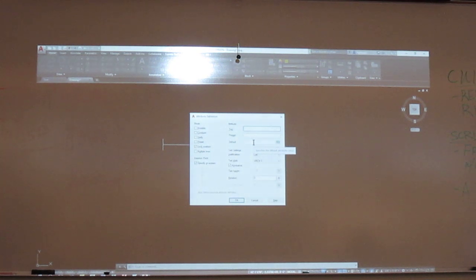So let's put the first one in. This is manufacturer. So I'm just going to type in on the tag MNF. And on the prompt, we're going to put the same thing, MNF. So over on the right where it says attributes, put MNF for the first two, tag and prompt. Does it being capital matter at all? Nope, doesn't matter a bit. It's not case sensitive, at least to the best of my knowledge.